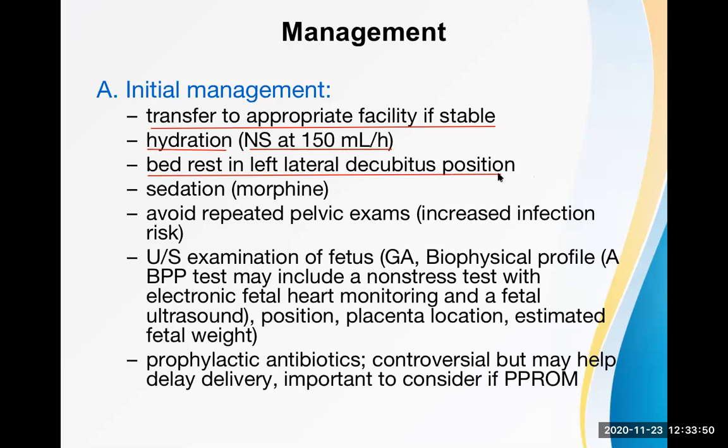What is the danger if she lies in the supine position all the time? Vena cava syndrome. There will be pressure on the vena cava, with less venous return to the heart. The gravid uterus will compress the inferior vena cava. This is also known as supine hypotension syndrome, because of compression of the inferior vena cava by the enlarged uterus. But if the lady lies in the left lateral decubitus position, the chance is not there.